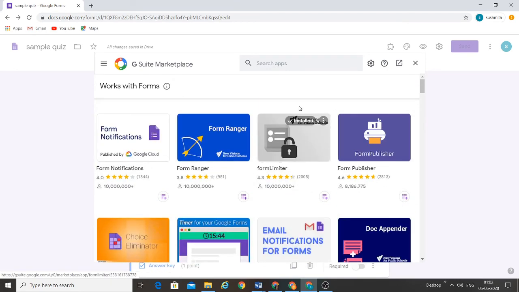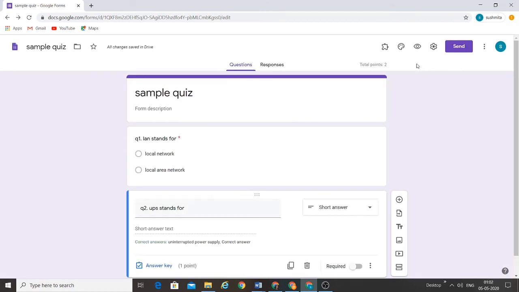I have already installed this Form Limiter in order to limit the timing. When you want to do it, you will click on this, it will ask for your email ID and password, and it gets installed. Once installed, you can use it.